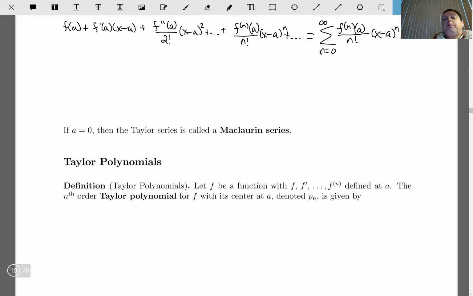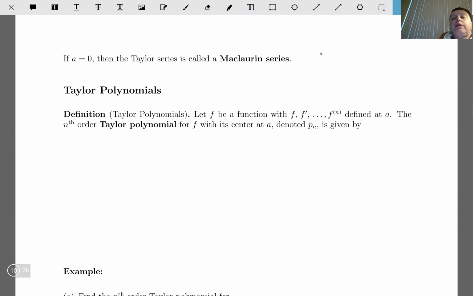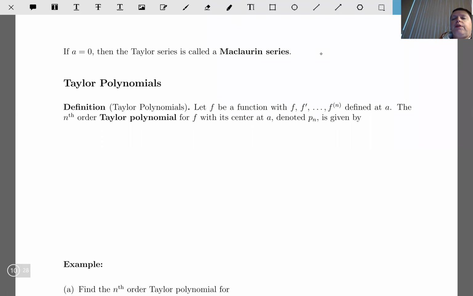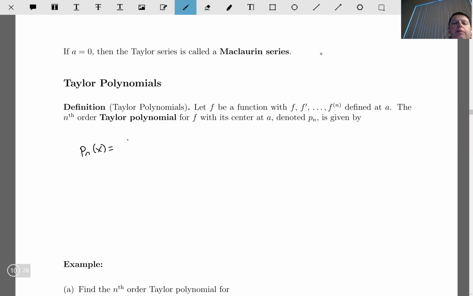Before we actually start playing with Taylor and Maclaurin series, I'd like to play with something that's a little more finite, actually finite, and that would be the Taylor polynomial. For the Taylor polynomial, we only need the first n derivatives to be defined at a. The nth order Taylor polynomial for f, with its center at a, is denoted by p sub n. And so p sub n of x is basically the first n plus 1 terms